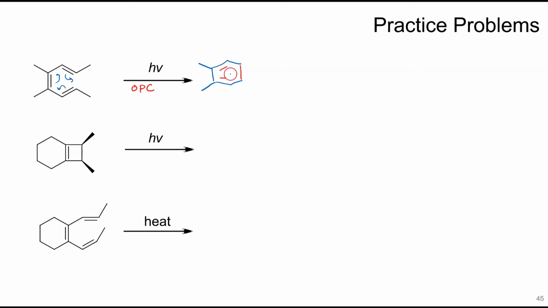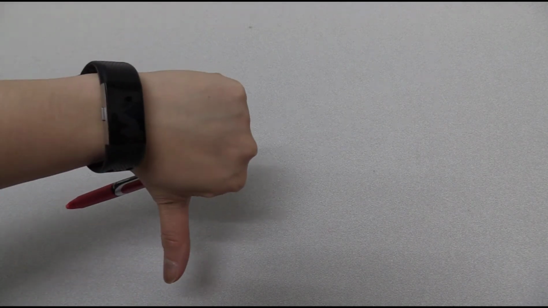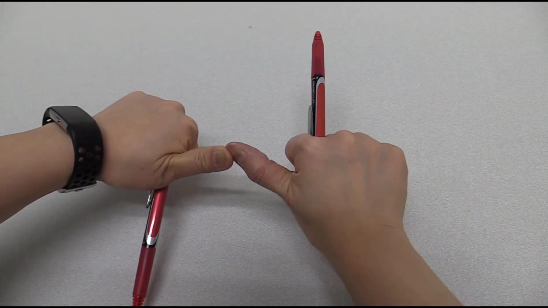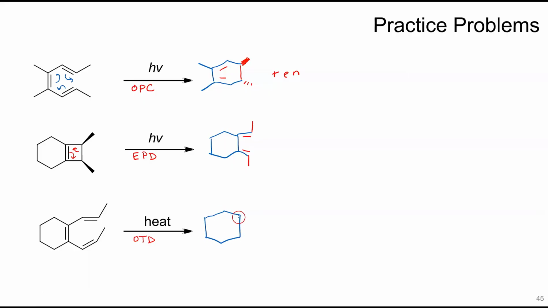So this is my new bond. These will be trans plus the enantiomer. This is involving an even number of pi electrons under P, so this will be disrotatory. So these electrons come out here, and those come there. This one is a reverse one. Double bond, and then these will both be sticking out that way. This one is an odd number, thermal. This is OTD, disrotatory. For the disrotatory, both thumbs are going to be down. I have one group that is out, one group that is down. So if I disrotatory to bring my thumbs together, then I get the trans. So a double bond here, single bond, and I said that would be trans